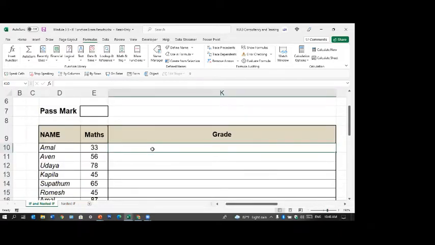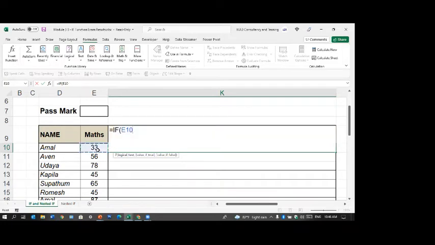Start again. Equal IF, open bracket. Eliminate the highest one first. This marks is greater than or equal to 80, right? Greater than or equal to 80. What do you want to show? Distinction. So within double quotes, you put distinction.